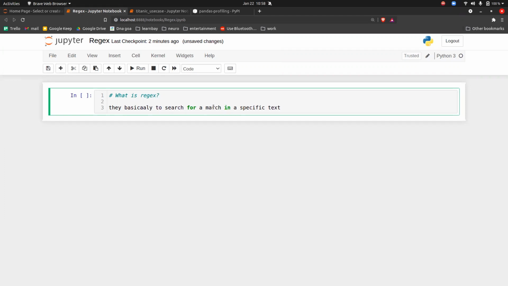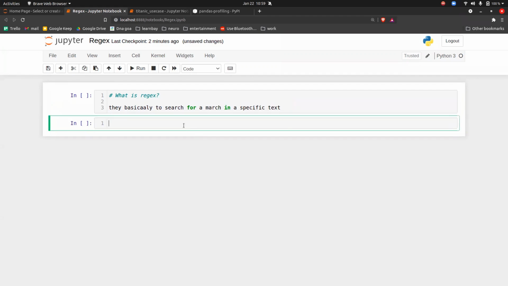Let's say you have Twitter data with you. You have extracted the data, and all the data of Twitter is with you in the form of some kind of file. Now, let's say you want to extract the email addresses mentioned in those tweets. So you can use something called regex and extract all the email addresses from a particular text. That's the beauty of regular expression. So this is a basic intro about regular expression.